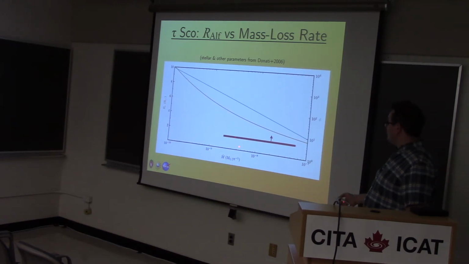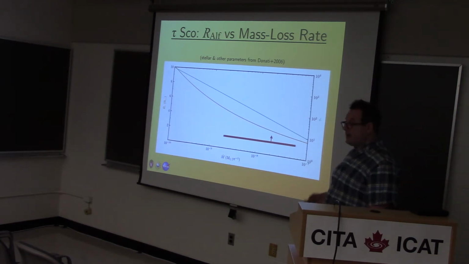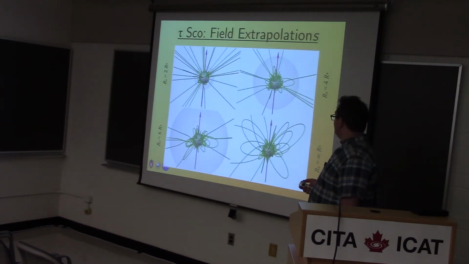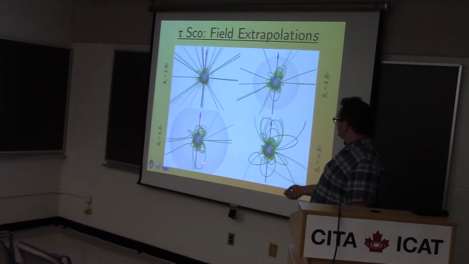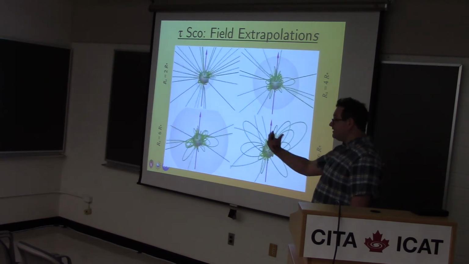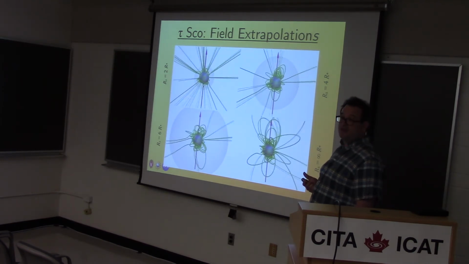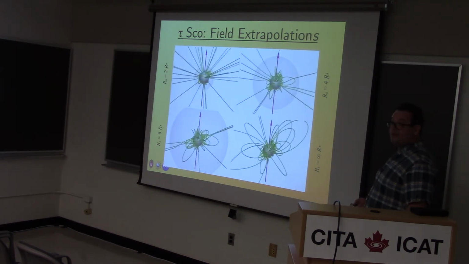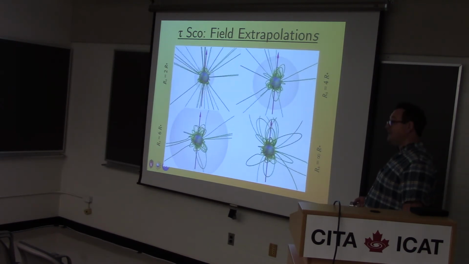But if we go down to a lower mass loss rate, then we get a source surface up around 4 or 5 stellar radii. For a source surface out there, we get quite a lot of closed magnetic loops that potentially could harbor X-ray emission that won't be rotationally modulated because it doesn't end up getting taken around the back of the star and blocked off by the star. So do we have a reason for believing that these closed loops do indeed extend out further?